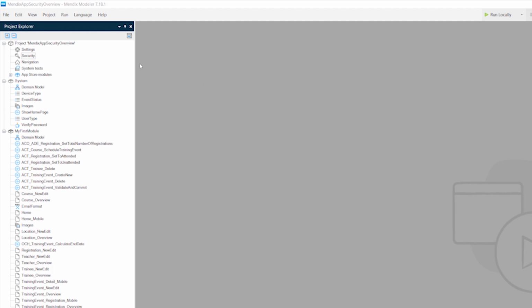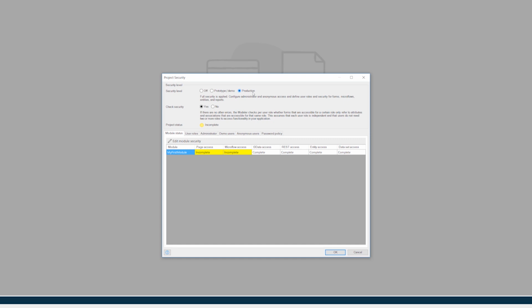Mendix App Security has 3 levels you can set for the project: off, prototype, and production. I'm setting the project to production because I want to build out and test access control for pages, microflows, and entities. Prototype enables the first 2, page and microflow security, but not entity-level security. Once I flip the bit to production, the window expands to show page and microflow access are incomplete. This is happening because certain pages and microflows do not have roles assigned, and role assignment is a requirement for